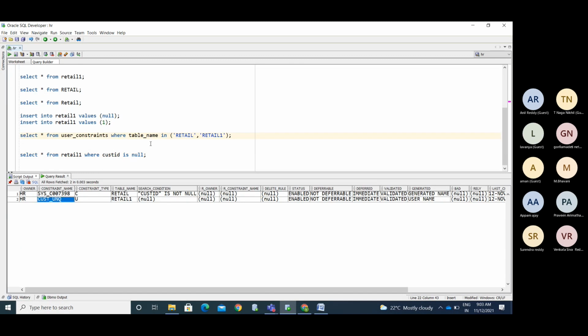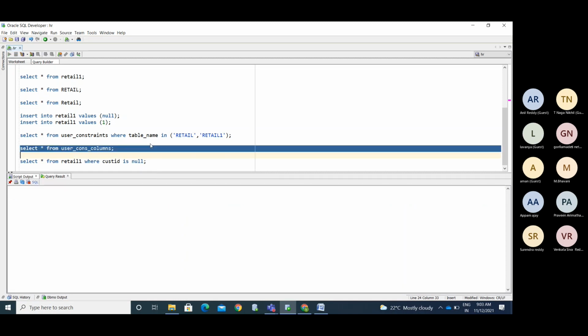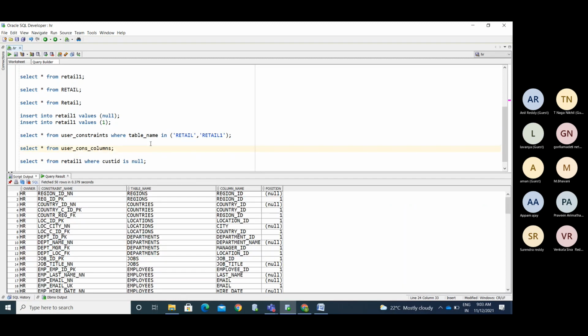Take that constraint name and go to another meta object, select star from user underscore cons underscore columns. This meta object stores the constraint name, table name, column name.